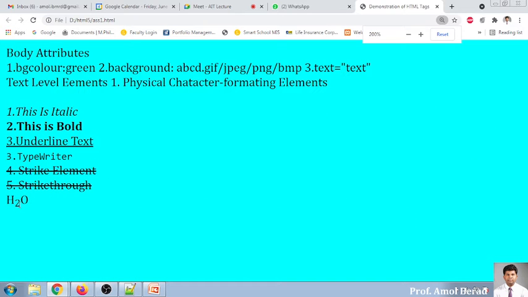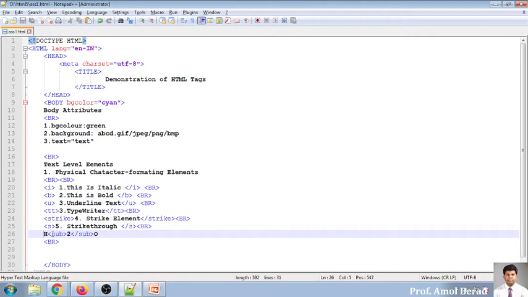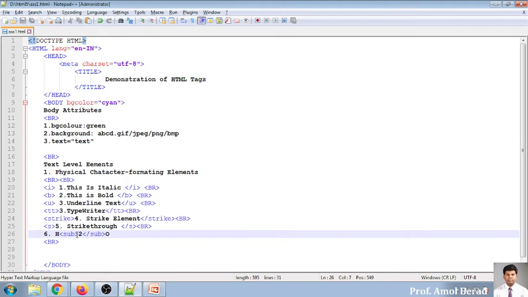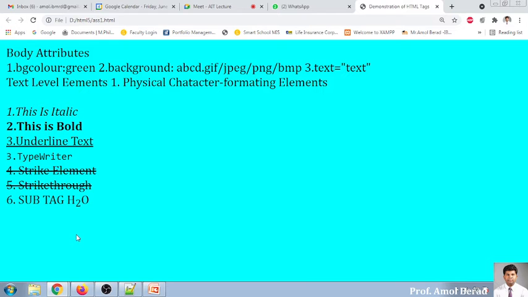Yes, I am zooming it. So you see the output will be H2O, and 2 is written in the sub part, so it is changing. So let's go to the code, and I will write here sixth one. Here we'll get sixth one as H2O, and we'll write it as sub tag.